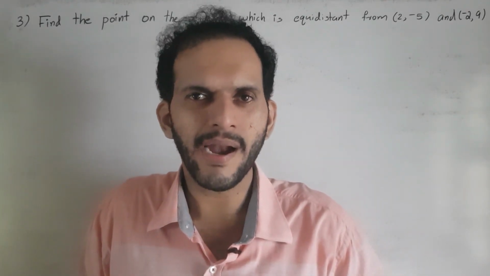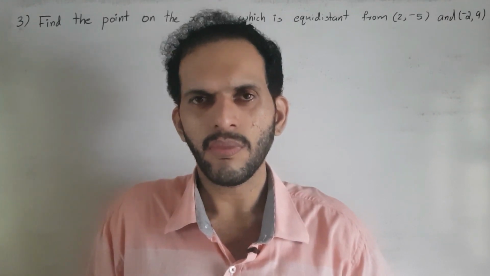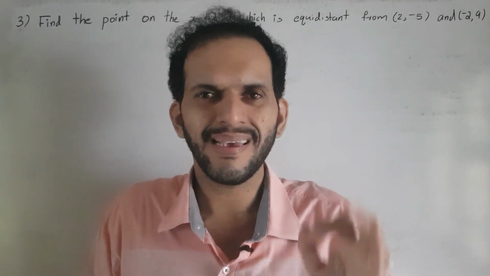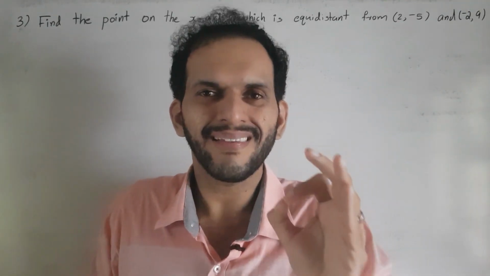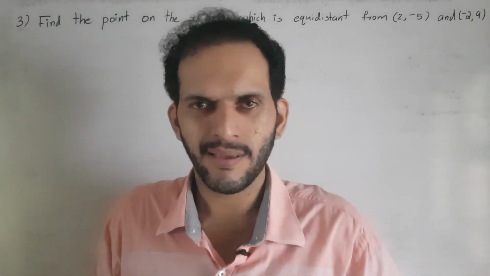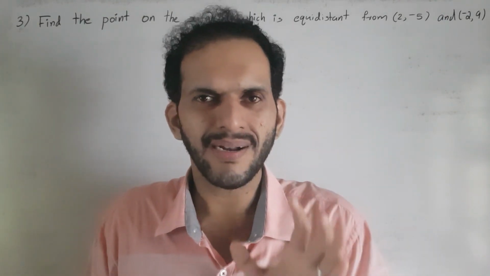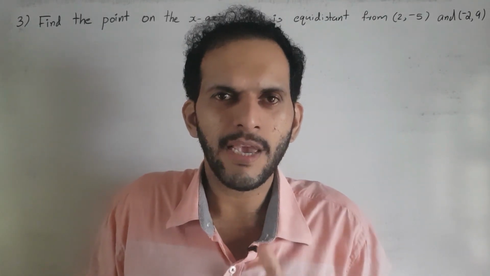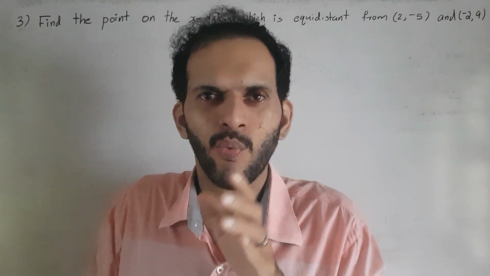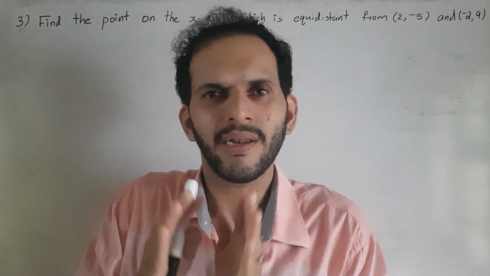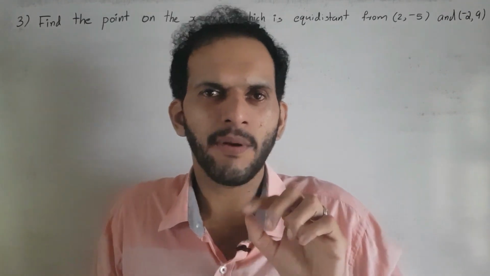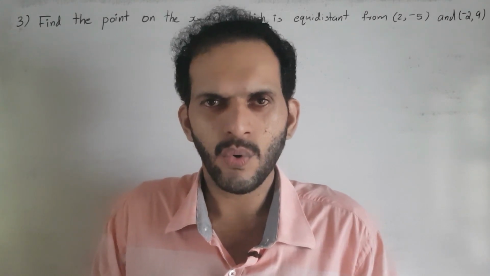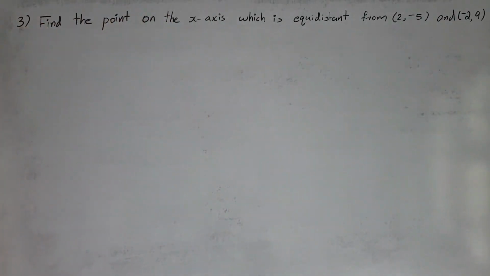We know the idea now of what is meant by equidistance. Here the coordinates of the point on the x-axis are not given, correct? But it is given where it lies: the point lies on the x-axis. So it is possible to consider the coordinate form. Because we already learned it: if the point lies on the x-axis, what is the form of its coordinate? And if the point lies on the y-axis, what is the form of the coordinate? Correct. So how do we start? We take that point